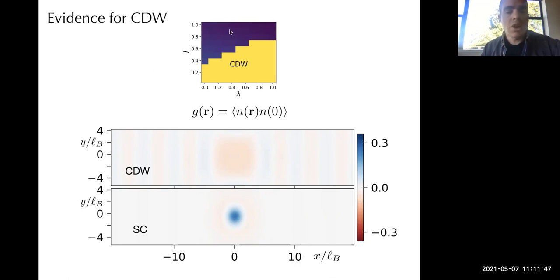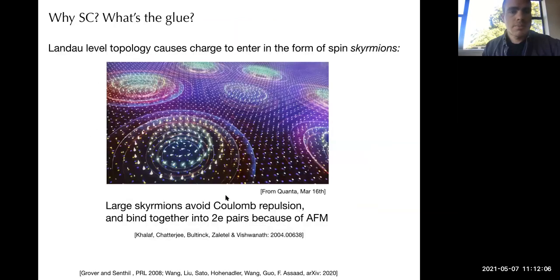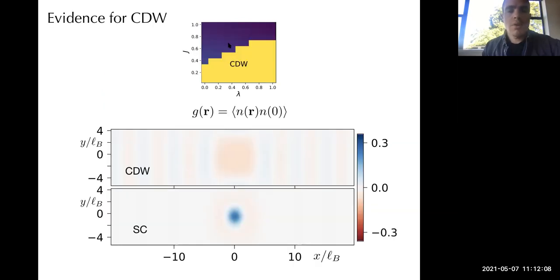On the other hand, if you go to larger J, you see that these variations in density melt away, and you actually get an attractive hole at the origin, indicating that the electrons aren't repelling each other at short distances there. That's, of course, coming from the superconductivity. Okay, so that's the evidence for there being a superconductor separated by a phase transition from a charge density wave